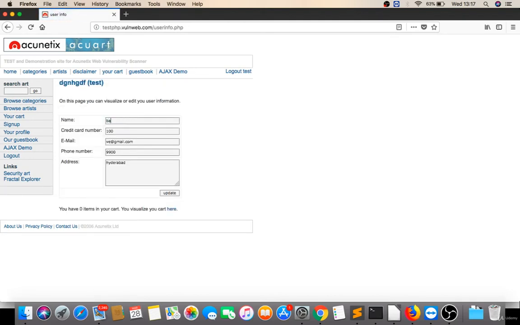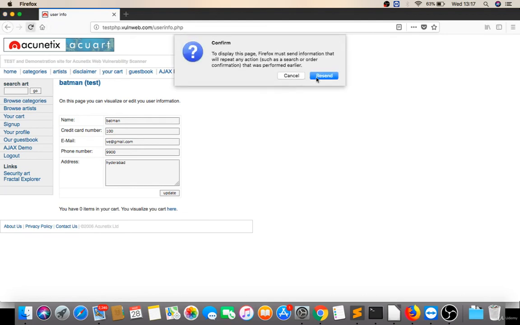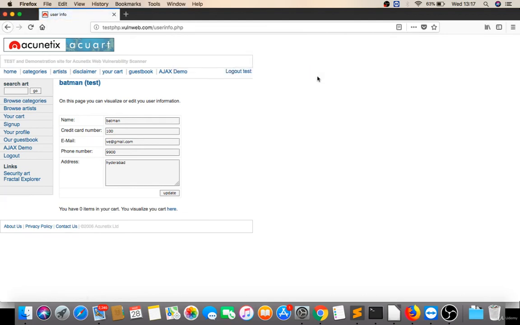If I give anything here, let's say Batman, it's storing our input. See this? Then there may be stored cross-site scripting, and they are storing on the server side, so that's why it's stored-based.